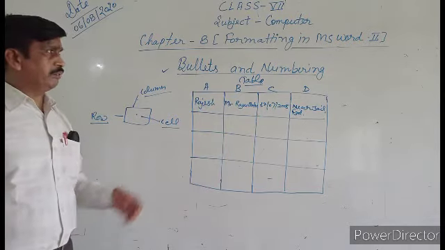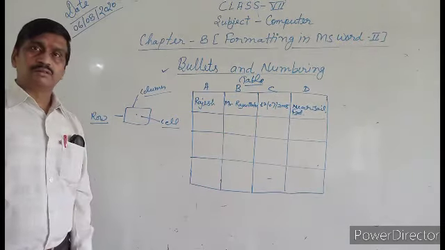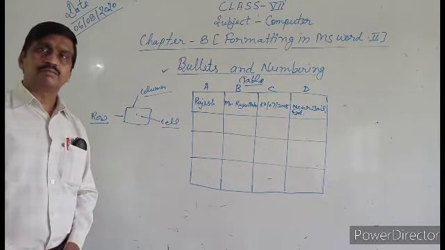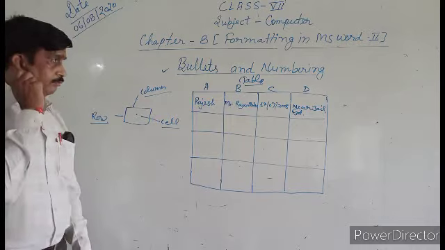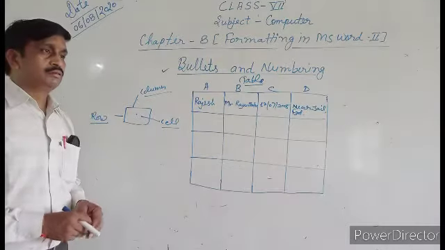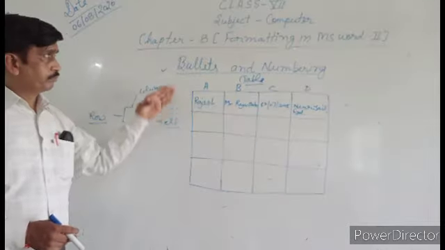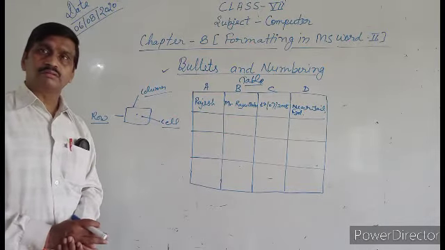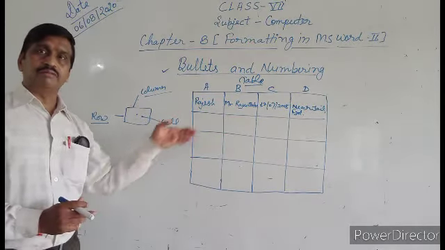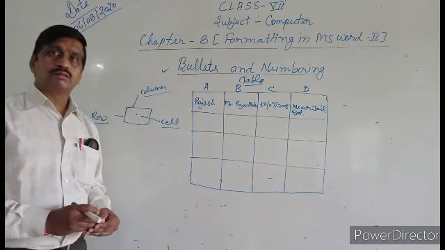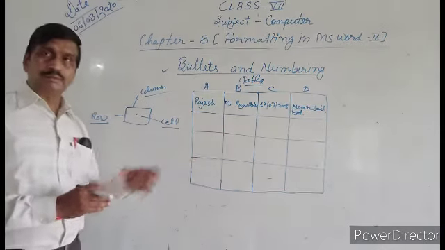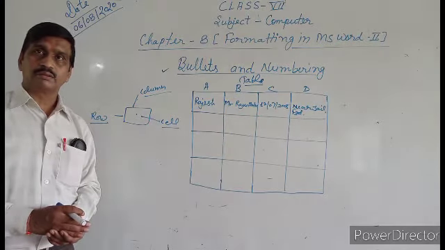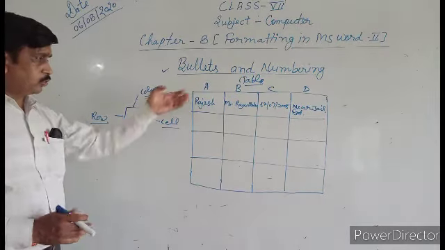And there are also different types of line spacing, and bullets and numbering, creating columns and making a table with the help of columns and rows. And it also contains